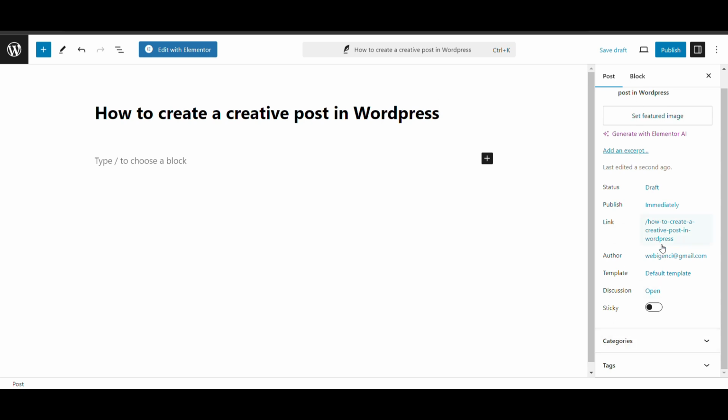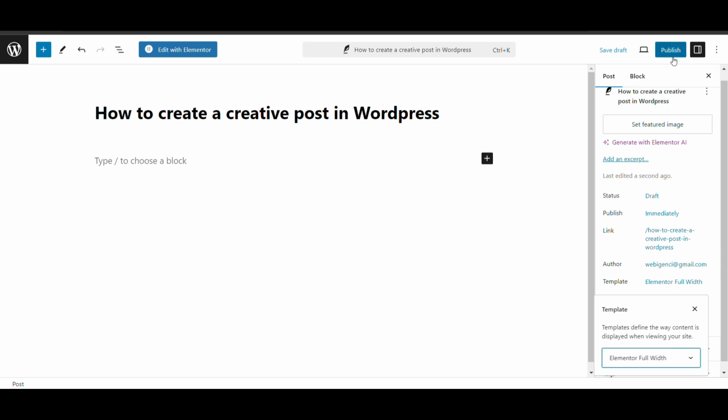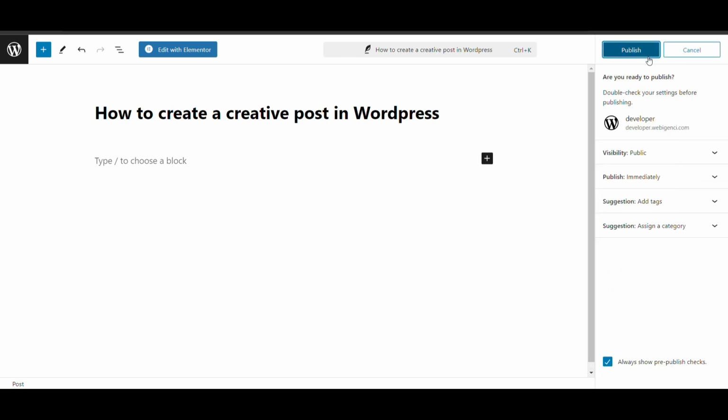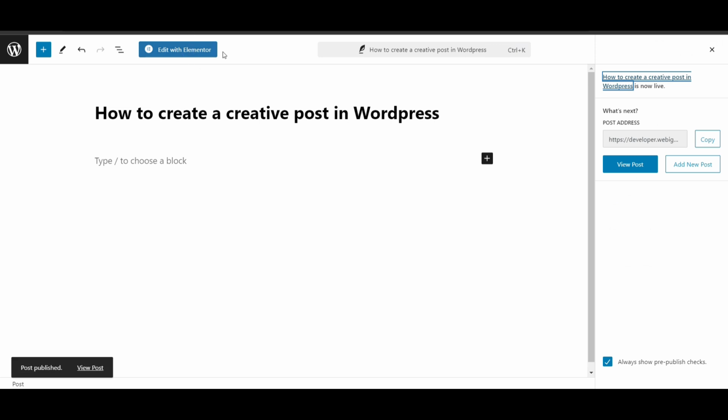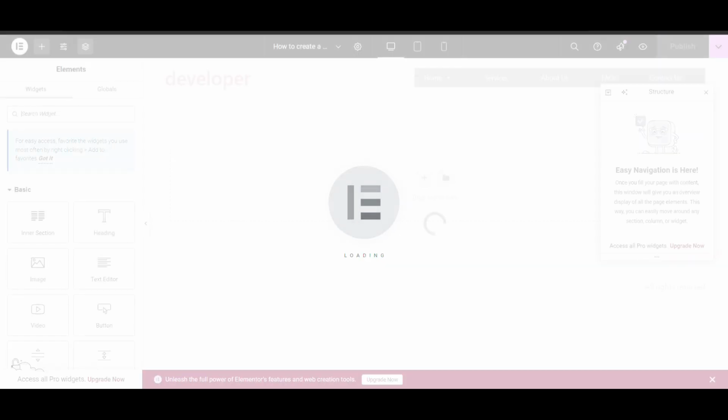So you must install Elementor. First important thing is this. Like I will show you. Currently you can see there is an option on top, Edit with Elementor. This is because I have added Elementor. You must download and install Elementor.